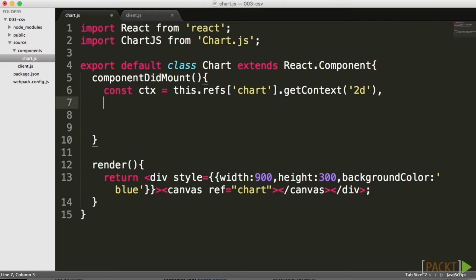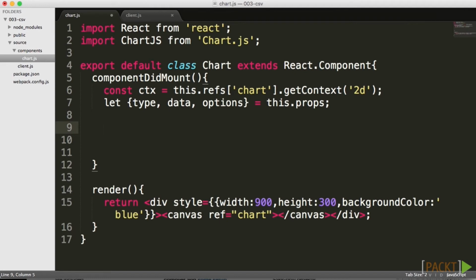I could use another const, or just for the sake of practice, let's create a let instead. And it's really cool. This is one of my favorite new features in ES6, where I could literally just type a list of the things that I want to grab out of an object. It's called destructuring, I think, doesn't really matter, but you actually set the names of the properties that you want and then set the equal sign to the actual object that you want to break apart and rip out of it the type, data, and options, and it will automatically just fetch those three that we need, which is really convenient for us, because what we're going to do next is